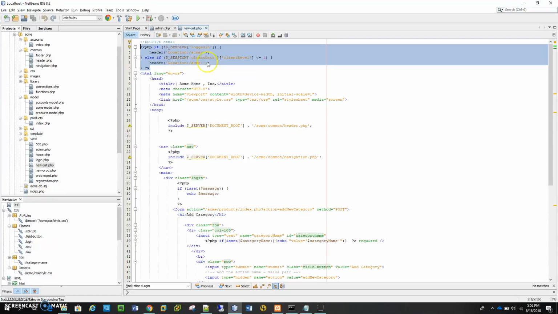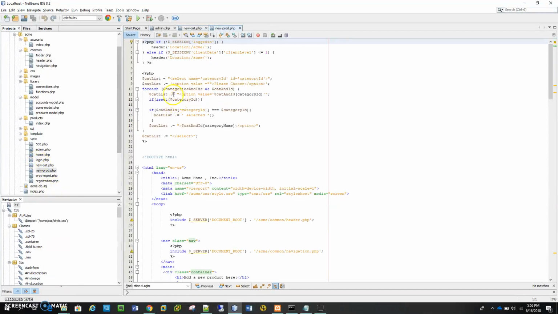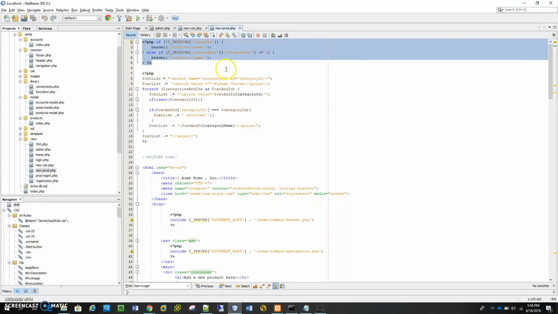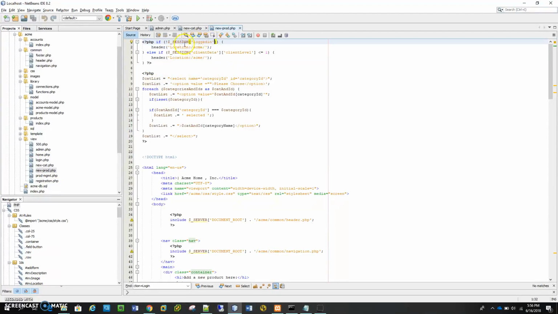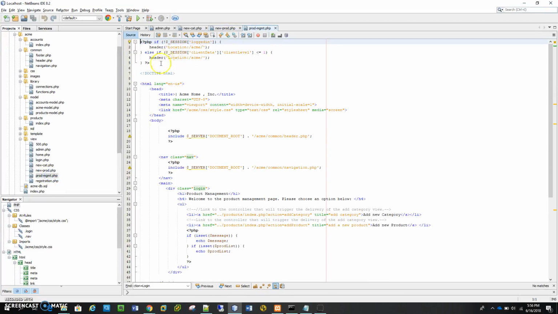if function. The same is happening here. This prevents me that if the user is not logged in, it will bring the main controller. And if the client level is 1 or less than 1, it will bring. So that means that the user does not have the appropriate right to go there. The same happens to the product